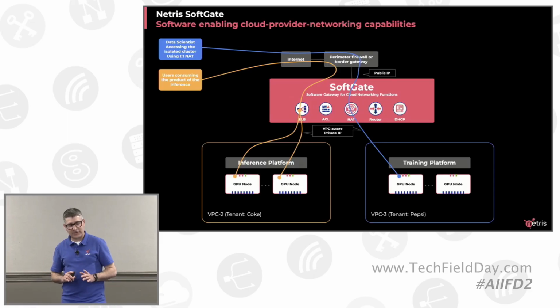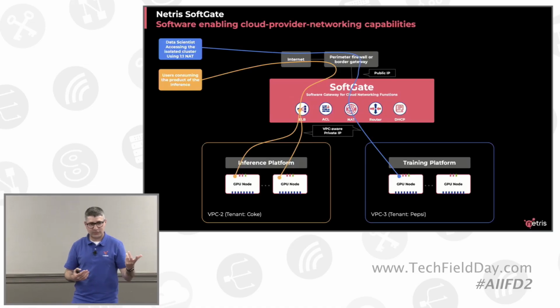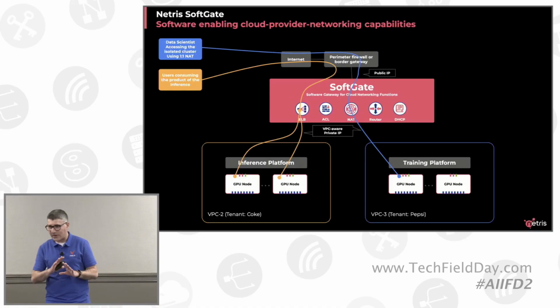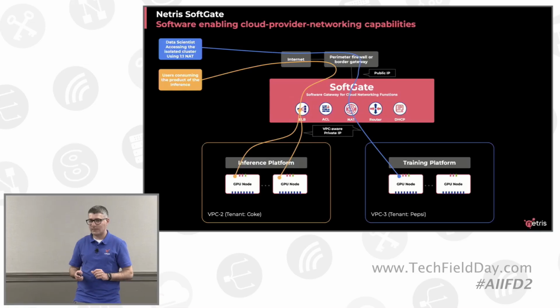And the great thing is that when you use external router or firewall, you're gonna have the challenge of connecting, making APIs of 2 different platforms talk to each other. APIs of your switch fabric to talk to APIs of your firewall. That's a tough task for a cloud provider. In case of SoftGate, all that is done. It is 100% integrated in Netris. It works seamlessly, and I will show this in the demo.